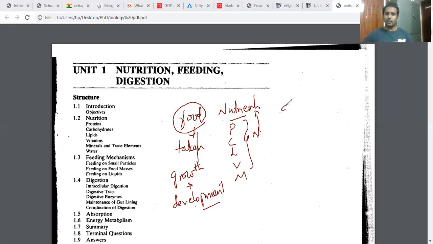So what do you mean by growth and development? This is very, very important. You should know the difference between these two, growth and development. Growth is nothing but, in our biology, anything which grow in size, that is also called as growth. Anything that grows in weight, that is also called as growth. If somebody increases like this in size, okay, it is height. It is called as growth.